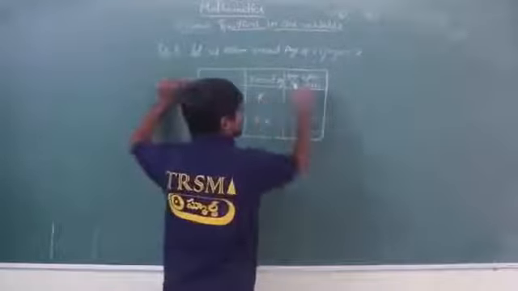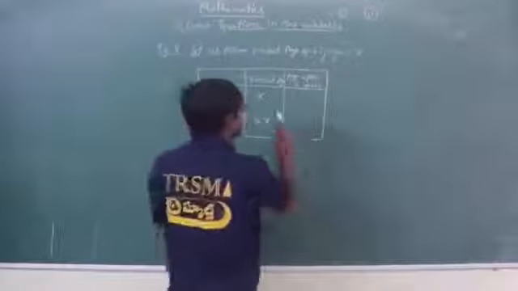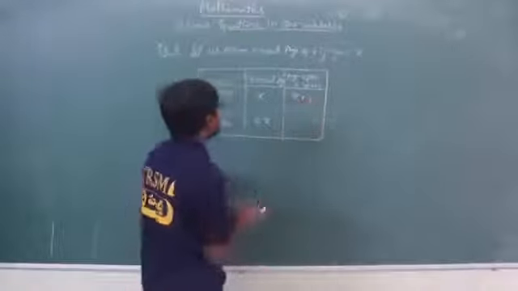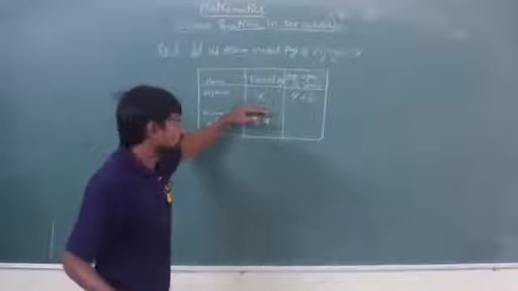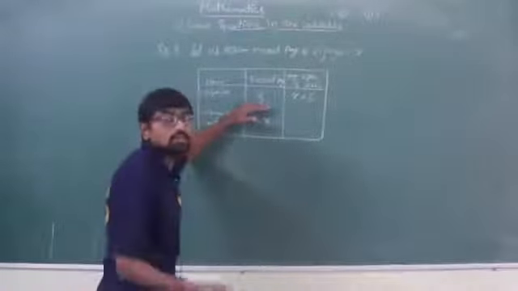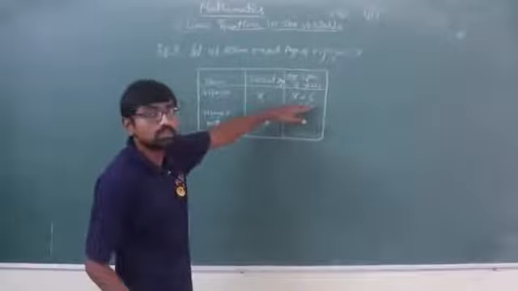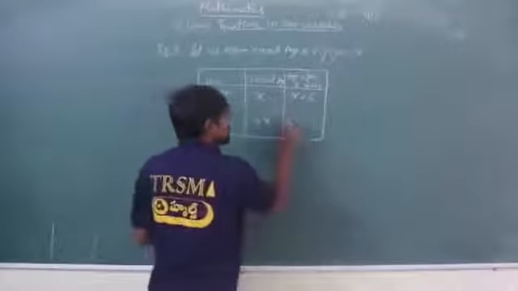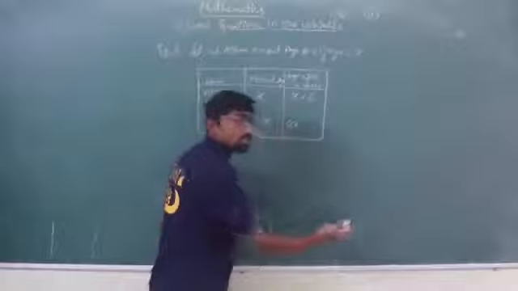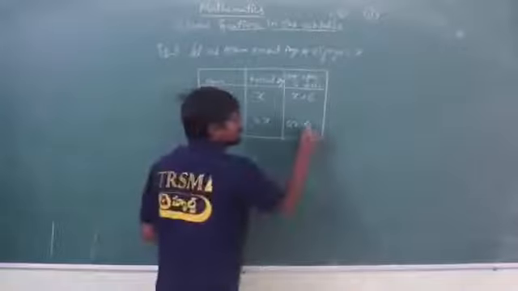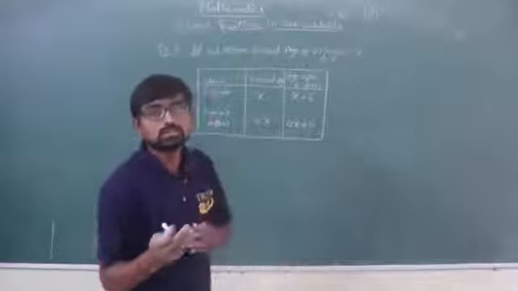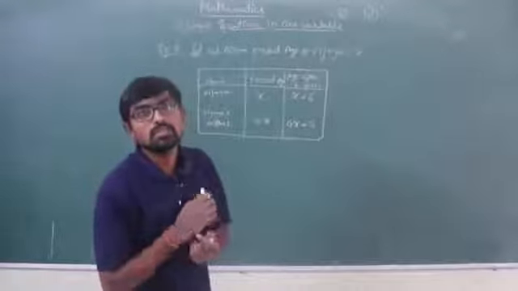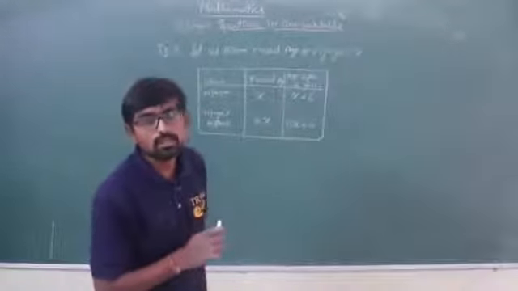So here after 6 years I will be adding, isn't it? So X plus 6. Present age of Vijaya is X. What is the age of Vijaya after 6 years? We will be adding plus 6, isn't it? Now the present age of Vijaya's mother is 4X. After 6 years again I will be adding, isn't it? So the sum of their ages after 6 years will be 62. He had given that in the question.